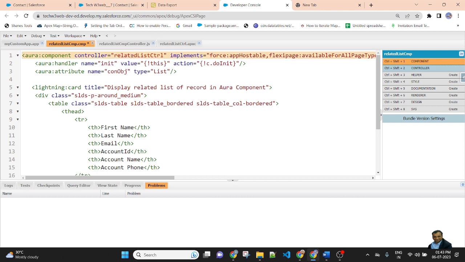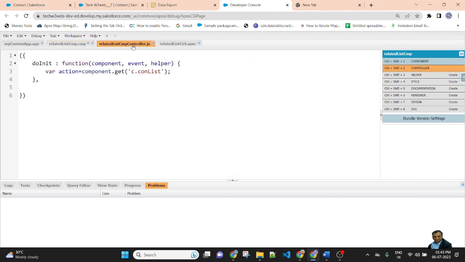First, controller equal to the name of the controller. And in the JavaScript, first we get the method name. So I create a variable action, component.get, our method name. Then action.setParams, in the curly brackets pass the parameter, colon.